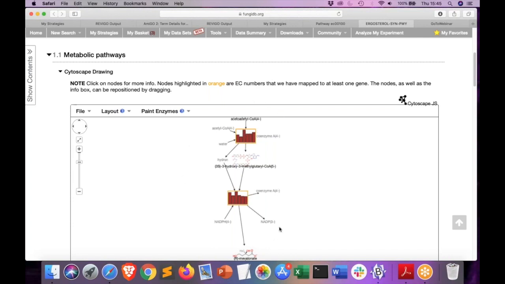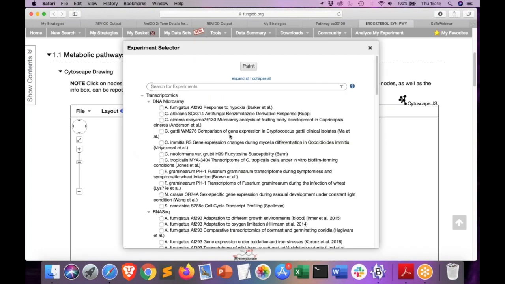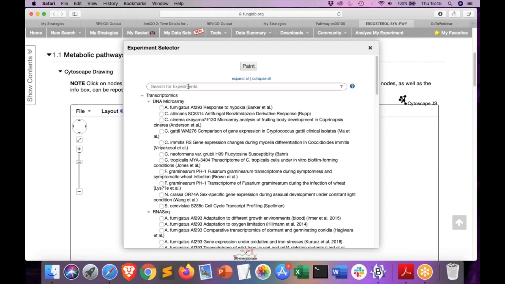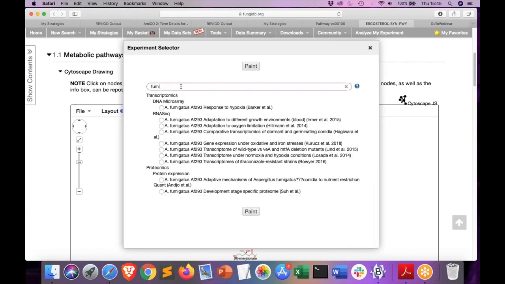For example, in this particular example, I have already generated an overlay by painting enzymes by experiment. Because we know that the ergosterol pathway is important in drug resistance, I have chosen to overlay the experiment in fumigatus cells that have known drug-resistant phenotypes. To paint your various experiments onto the nodes, just navigate to Paint Enzymes by Experiment, and then to filter results for fumigatus specifically,